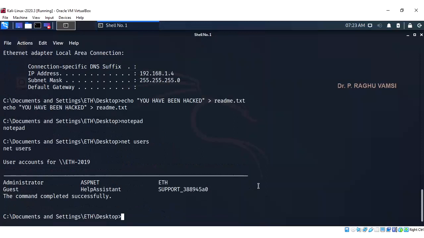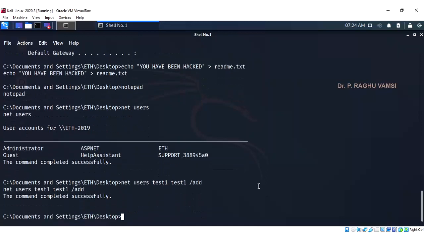Usually users can be created only by the administrator. So what I will do is net users test1, this is the username and password, test1 /add. Now the command completed successfully. Whenever the command completes successfully, we'll see net user.